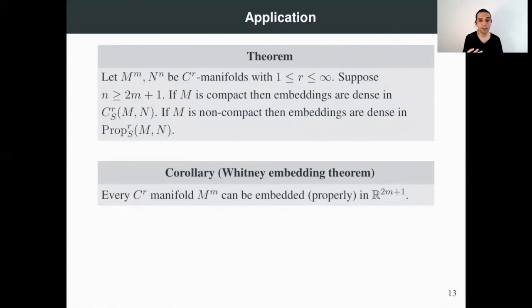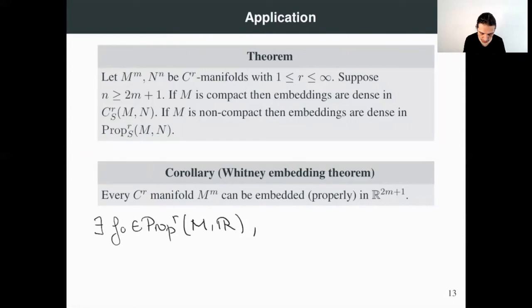If we have a C^r manifold, a big M of dimension small m, this manifold can be embedded properly in R^(2m+1), okay? And the idea is that we already saw that if we have a manifold, there exists f_0, which is a proper map, if the manifold is C^r, a C^r function. It's a C^r map from M to the real line. It is very easy to obtain a proper map from M to R^(2m+1),